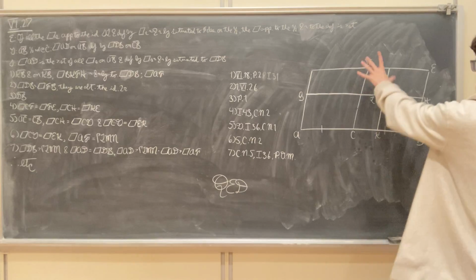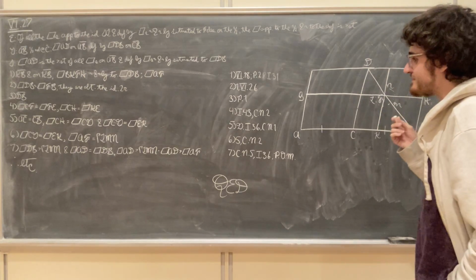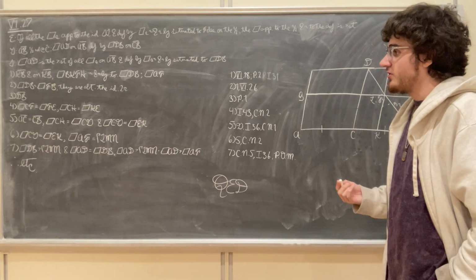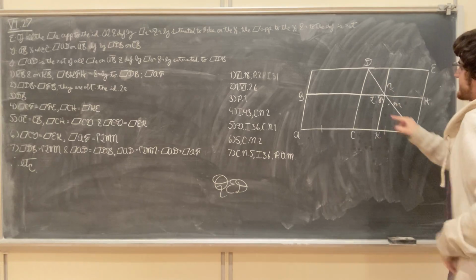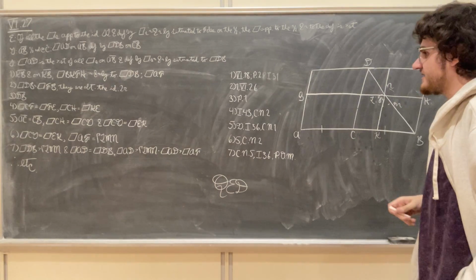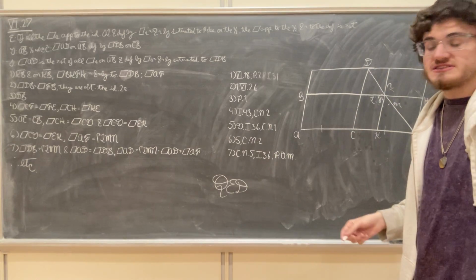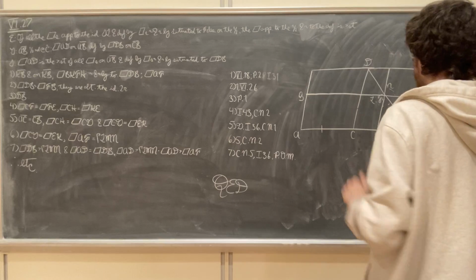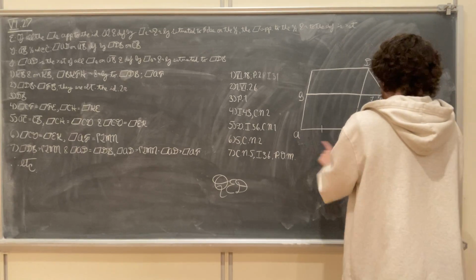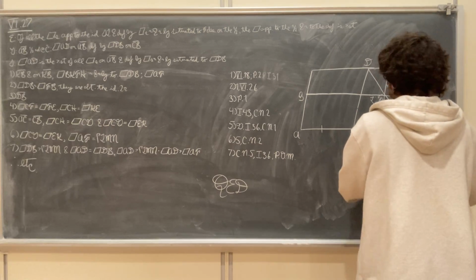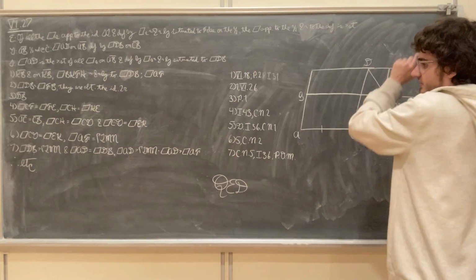Now, the parallelogram DB being the whole of which the gnomon LMN is only a part, by common notion 5, that the whole is greater than the part, we can say that the parallelogram DB is greater than the gnomon LMN, and the parallelogram AD being equal to the parallelogram DB. Again, by 1.36, these parallelograms AD and DB are in the same parallels, they're under the same height, and they're on equal bases, namely AC and CB respectively. So by 1.36, the parallelogram AD is equal to the parallelogram DB,